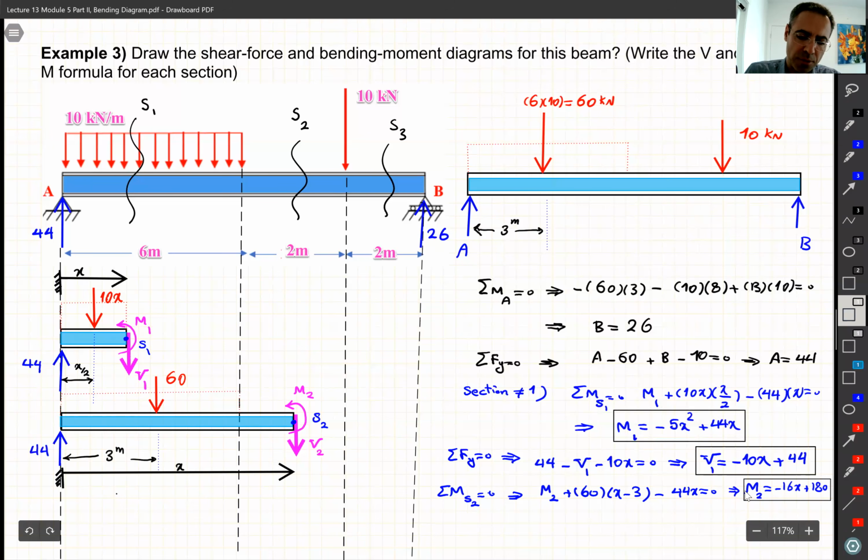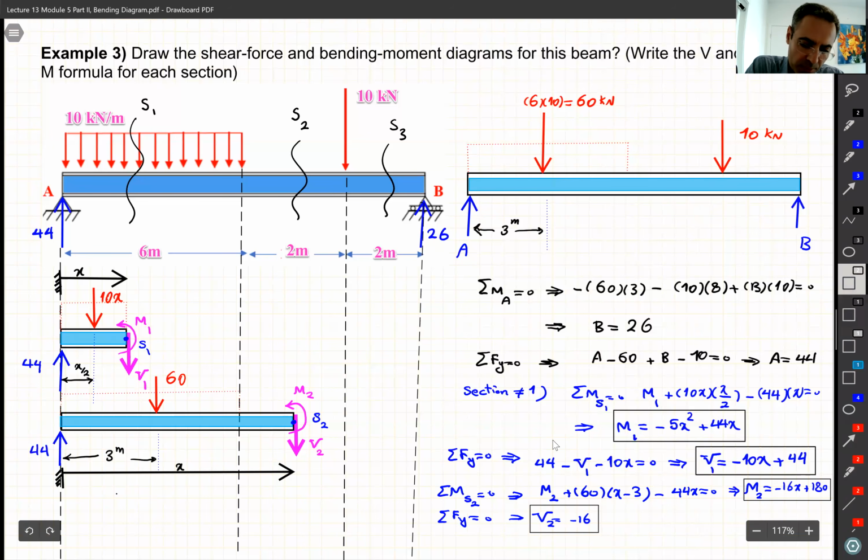V1, M2. And we have M2 and we repeat the process. Sum of the forces in Y equal to 0, and we get V2. I'm just gonna be lazy here and write down minus 16, take the derivative, but you can try it later. So that's V2. And eventually we got to the